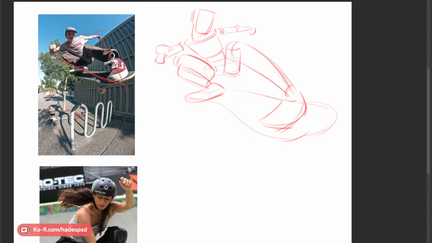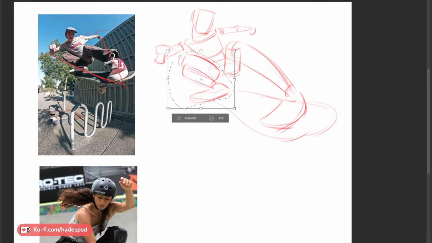I think I should pull this leg slightly down. Okay.